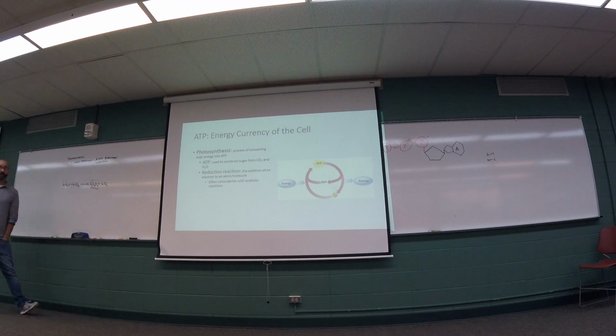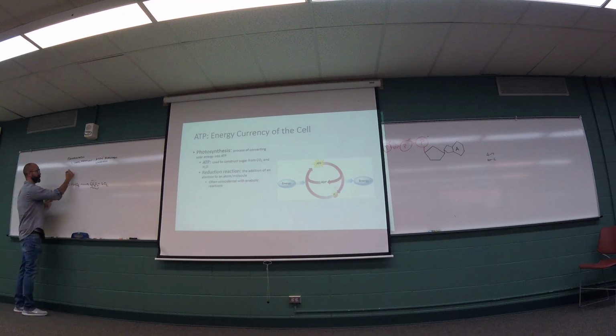So in the first step of photosynthesis, we're making a whole bunch of ATP and electron carriers. And then in the, I'm sorry, that's not the Dark reactions, that's the Light reactions. Forgive me. In the Dark reactions,